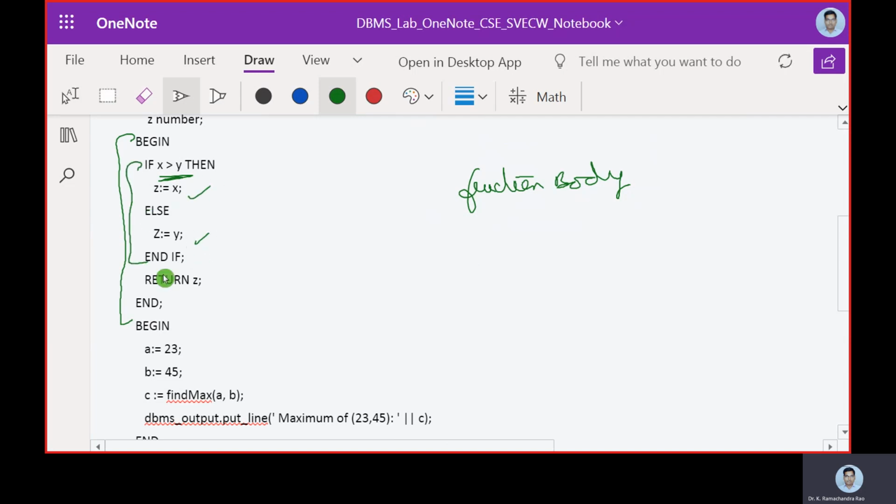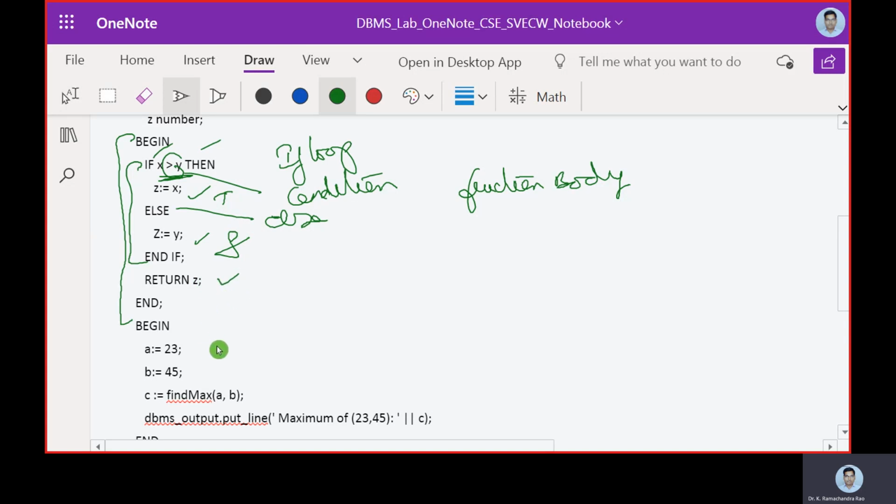Now you are going to use an if loop. So for that, if followed by then and x greater than y, we call it as some condition, and this is an else part. So this is true part, and z is equals to y is a false part. So obviously it returns something here.